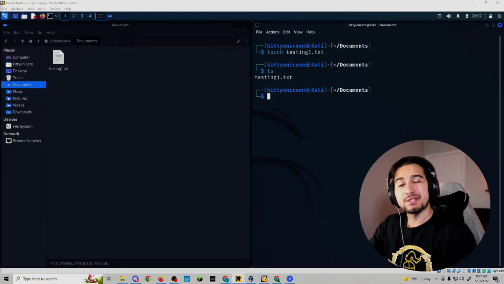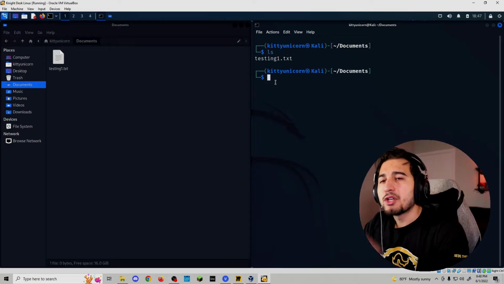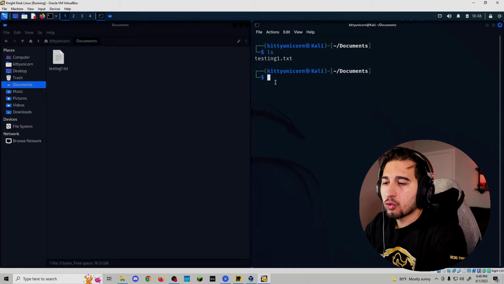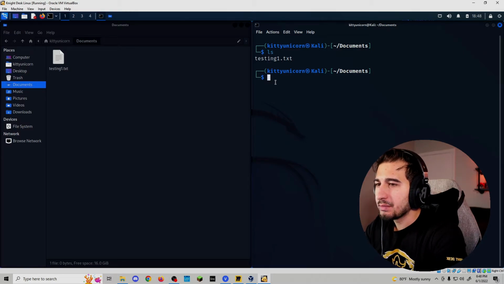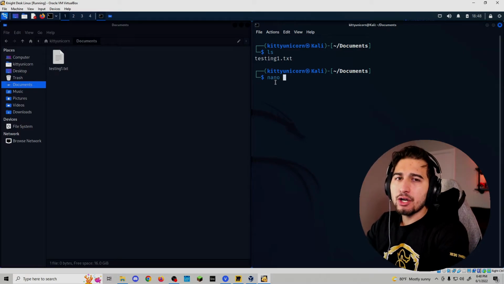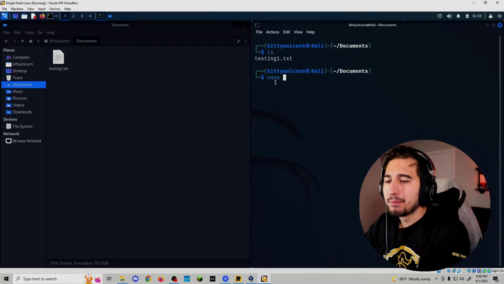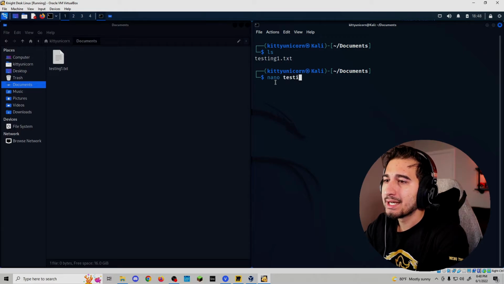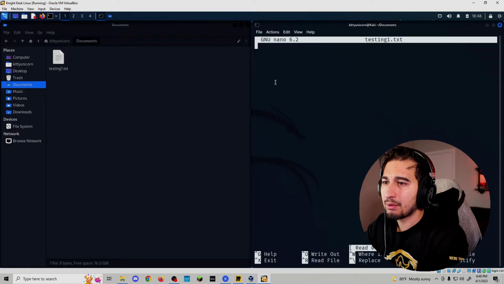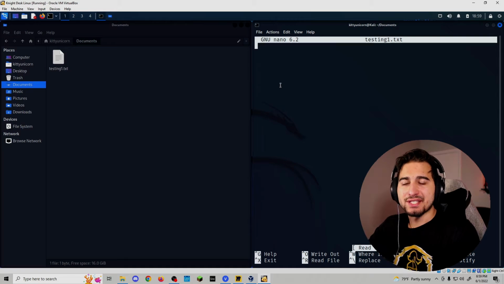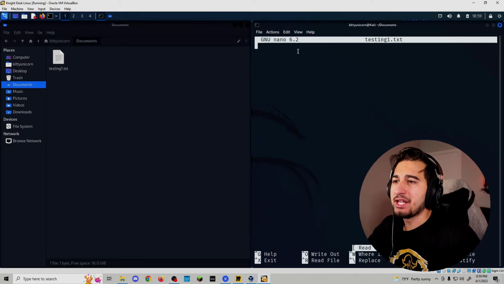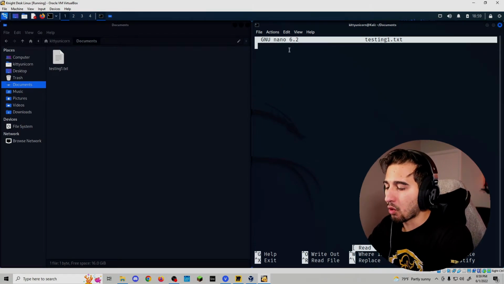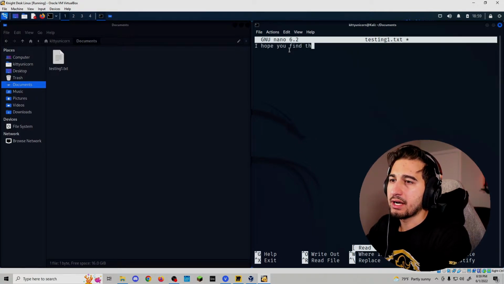Anyways, let's start writing some stuff in that text file. Now, the command to go inside of that text file and to start writing anything that you want is going to be called nano. And now nano is a text editor that's very friendly and simple, and it's very popular for a lot of Linux users. So if we type nano testing1.txt, and we press enter, and you're gonna be welcomed with this nice, simple layout. Now, in this editor, you can text anything you want. So if we put, let's say, I hope you find this video useful,